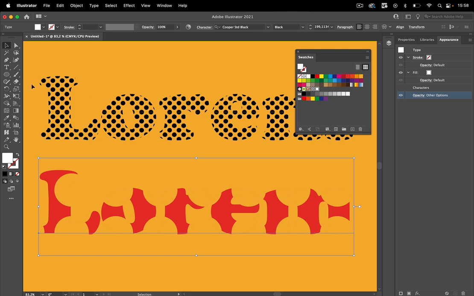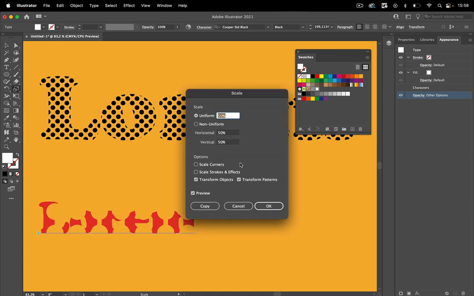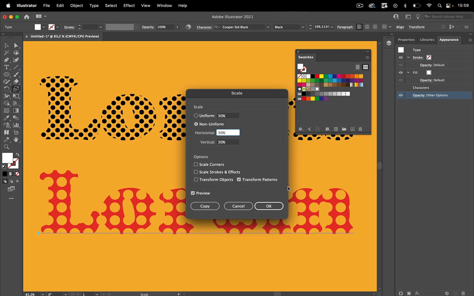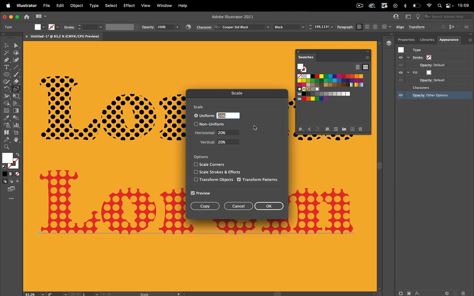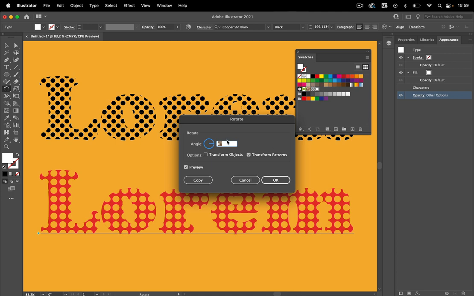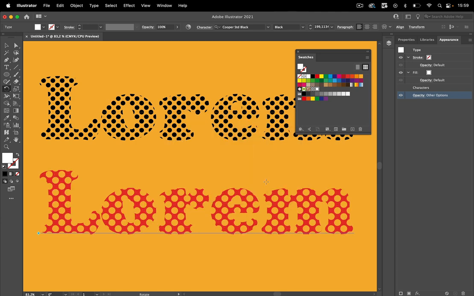So next thing, we're going to address the scaling. So double click the scale tool and don't transform the objects. Instead, just transform the fill, the pattern. So let's make this smaller again, like so. That's good. Next thing is the angle, and we're going to apply this in the same way. So double click the rotate tool, rotate it by 45 degrees, and again, don't transform the object, just transform the pattern, and go to OK. And there is